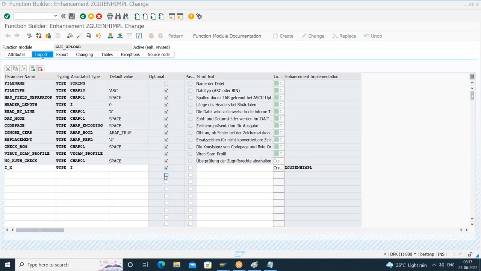So if this is mandatory, what happens? The execution of those objects will lead to what? Runtime error. So in all those places, I must pass the value for this mandatory parameter. That's why SAP will not allow you to add it as a mandatory parameter. It is always added as what? Optional parameter, right? So based on the additional parameter we have passed, we can enhance the source code